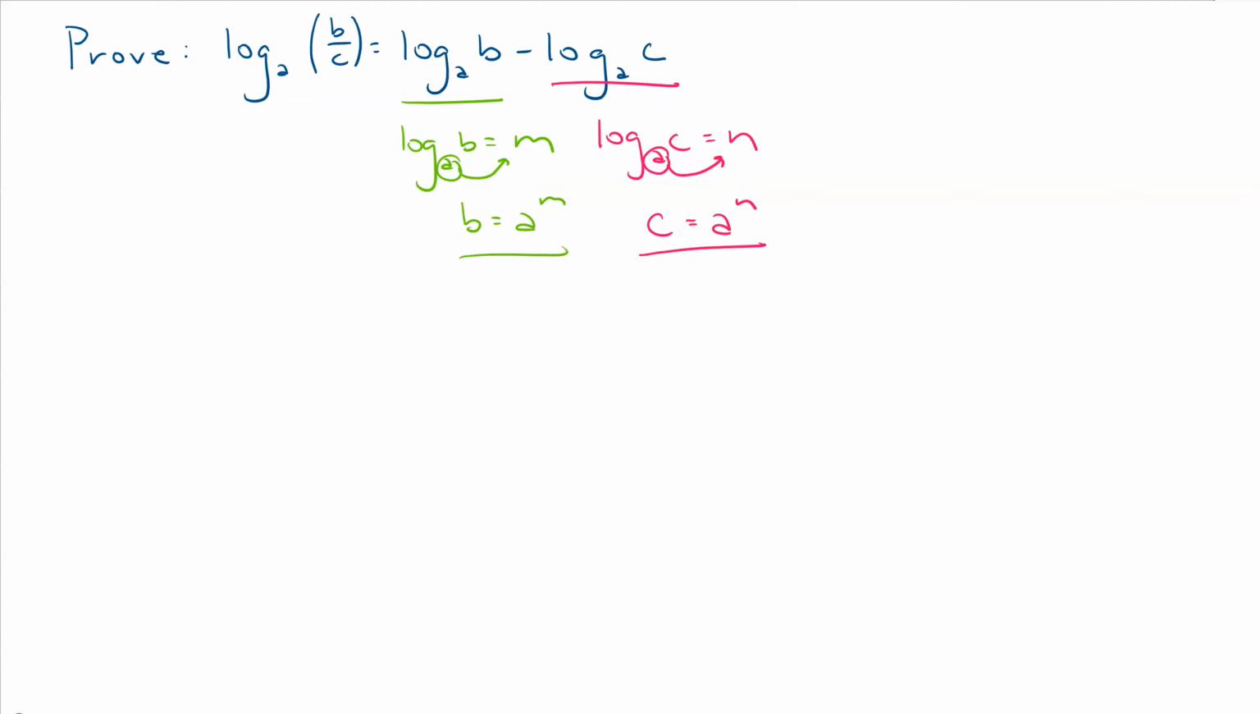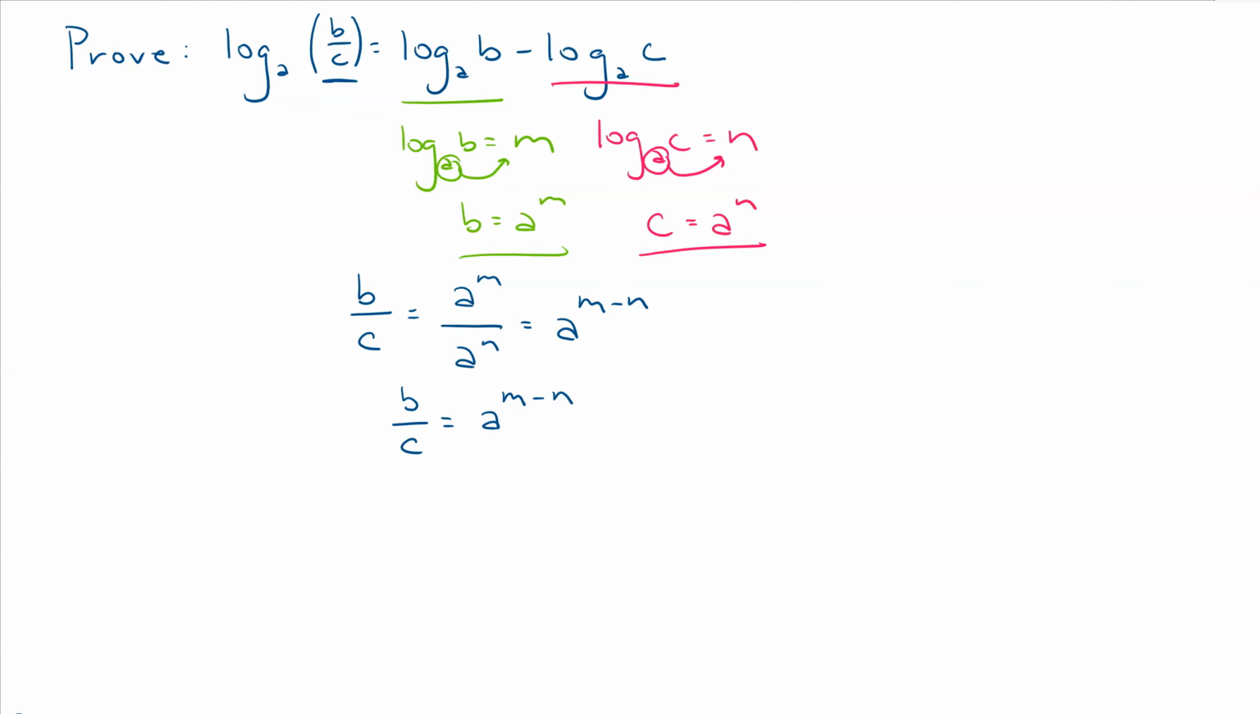Now in the original proof we were dealing with b times c. This time we're dealing with b divided by c, so that's what I'm going to do. I'm going to say, well, b divided by c is a to the m over a to the n, and because those bases are the same, I can subtract the exponents to get a to the m minus n. So cleaning it up a little, I have b over c equals a to the m minus n, and we're